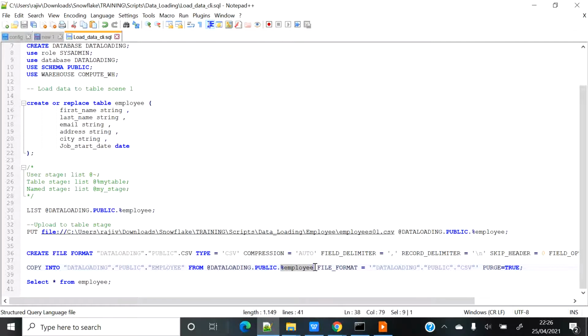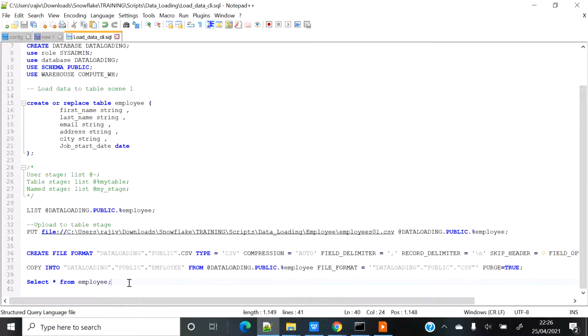Table stage will always have the same name as your table name, and will be identified with the percentage sign. File format I have provided, whatever I have just created on top, and purge equal to true. Basically once your data load is successful, I just want to delete the file from the stage so that I don't have to pay extra. I will just keep everything else as default and execute.